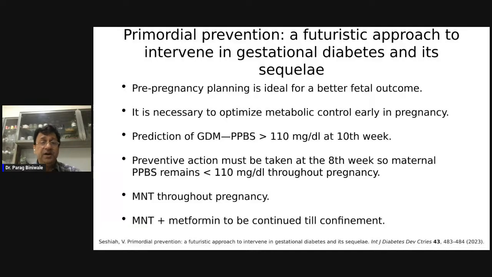We should predict development of gestational diabetes and its consequences at around 10 weeks, when a postprandial blood sugar is more than 110. We must try and take preventive actions at the 8th week of pregnancy, and ask these women to follow medical nutrition therapy throughout, and in some of them medical nutrition therapy plus metformin can be continued till